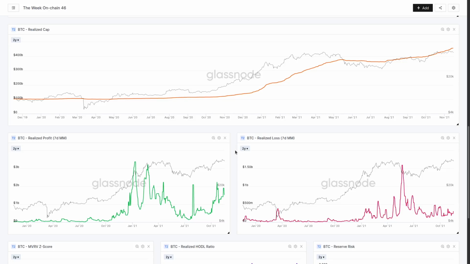prices. So now what we're going to do is jump across to Workbench and Studio and look at a couple of these cycle top metrics and just transition to how do we navigate what could be the next bull market top.